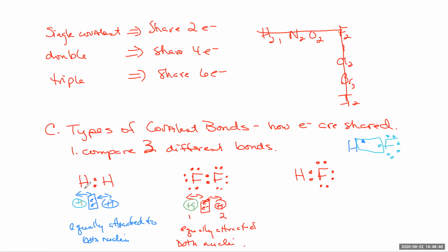Now, when I get to the situation where the atoms are different, this is 2 atoms of the same element for fluorine to fluorine. What happens when I have 2 different elements, as in hydrogen fluoride? This nucleus is +1. Fluorine's nucleus is +9. If I'm one of these 2 electrons, the question is, am I equally attracted to this +9 as I am to this +1? Now, if you don't have any physics in your background at all, you can think about this as